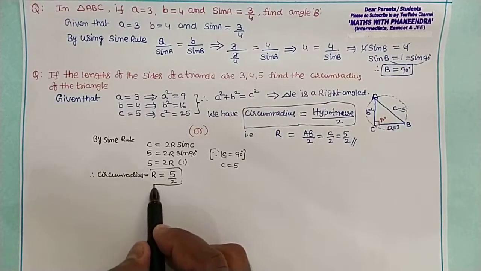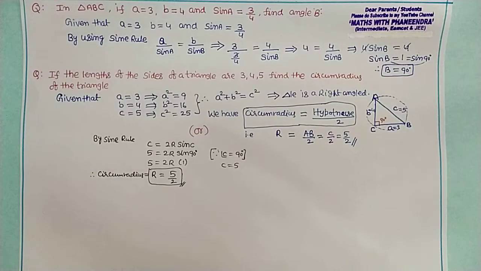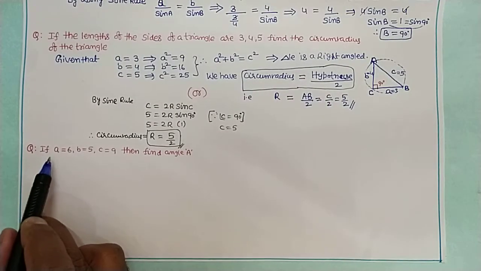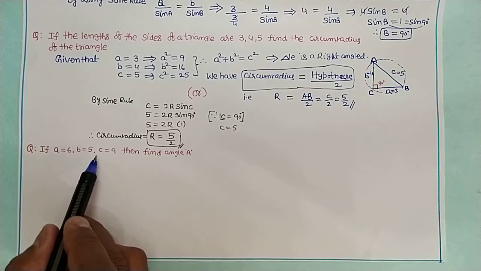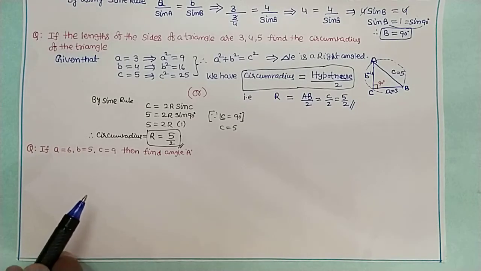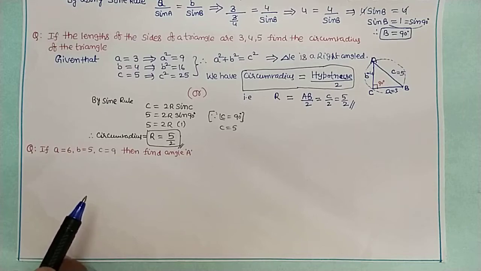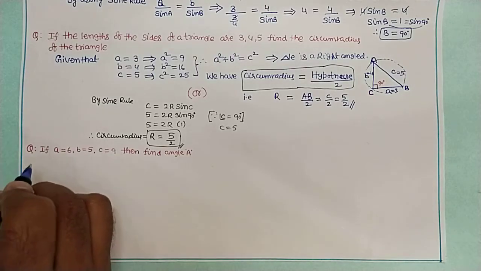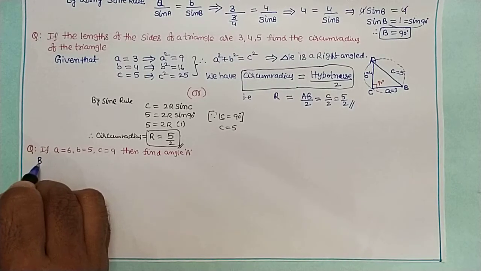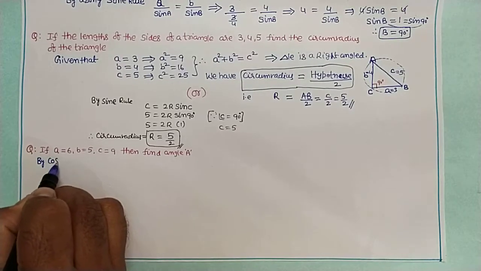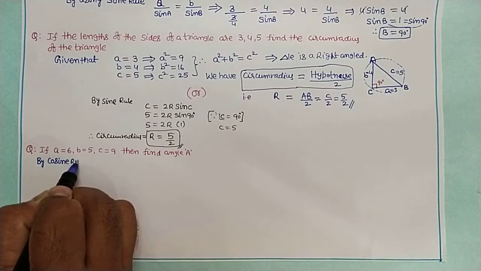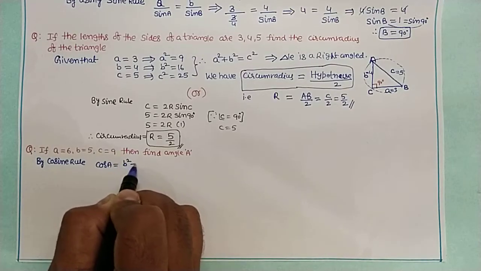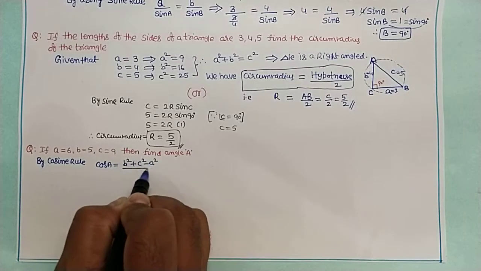Even in this way also we can calculate by using sine rule. So here, direct question: if a equal to 6, b equal to 5 and c equal to 9, then find angle A. Whenever you know a, b, c, you can directly apply the cosine formula. By cosine rule,